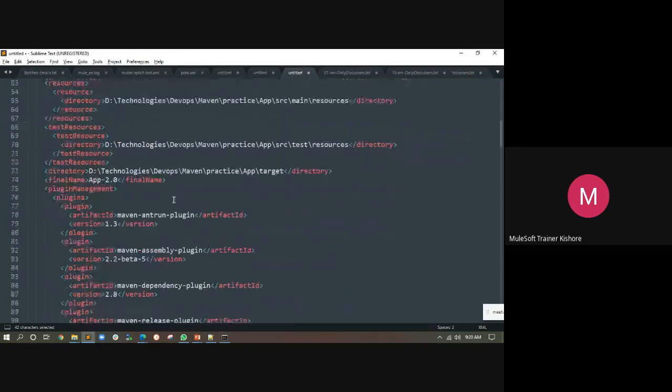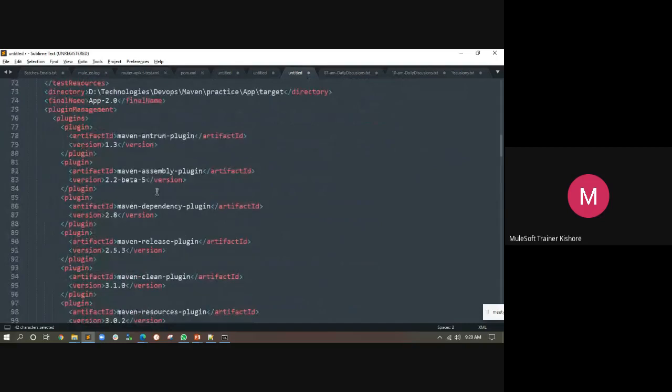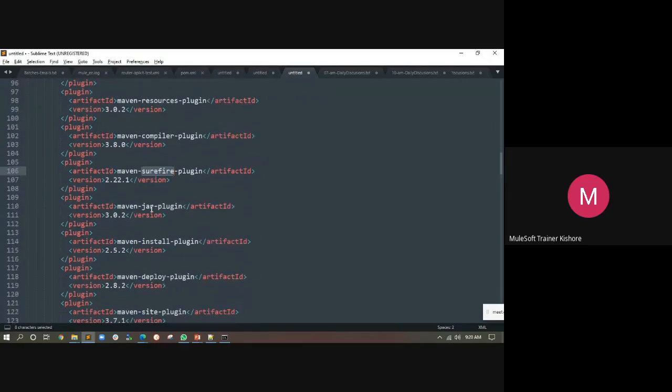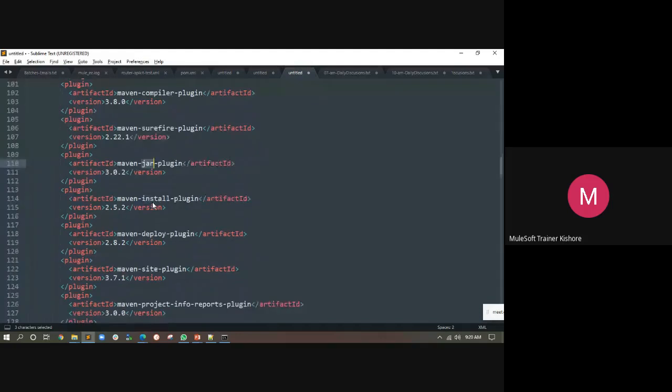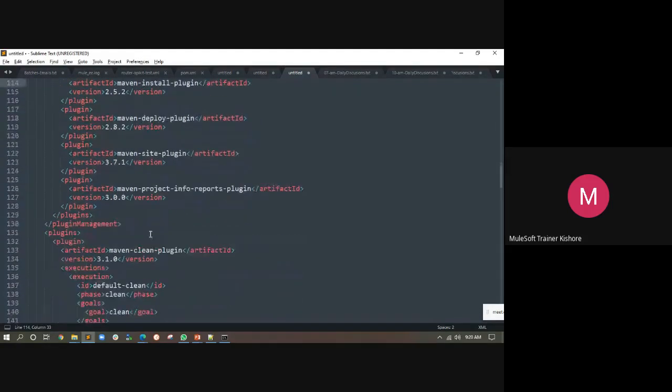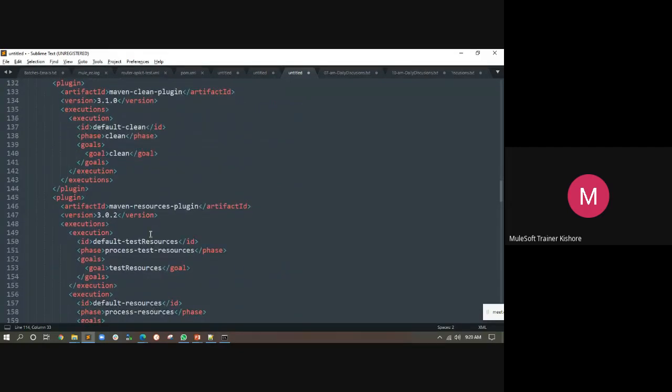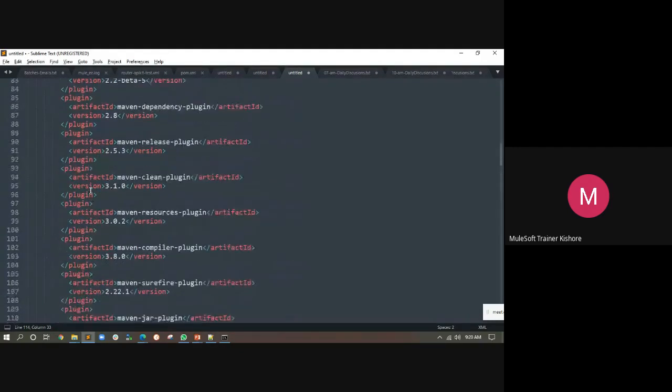It uses the plugins called antrun, assembly, dependency, release, clean. See here: resources, compiler, surefire, install, deploy, site, and so on. So everything is created, and it talks about the goals of each and every plugin as well.